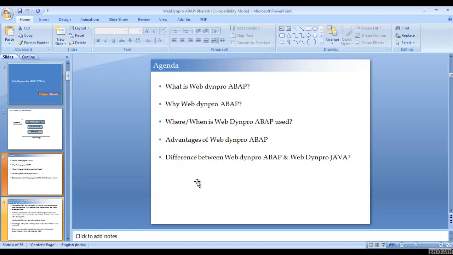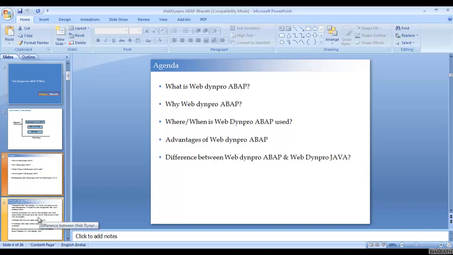If a customer asks which technology we should use for fulfilling their business needs, obviously as an ABAP developer we recommend going with WebDyn Pro ABAP technology, because it has more advantages than WebDyn Pro Java, and it is lying in the ABAP stack, so they don't need any third party tool to install in their machine for developing the components or applications.